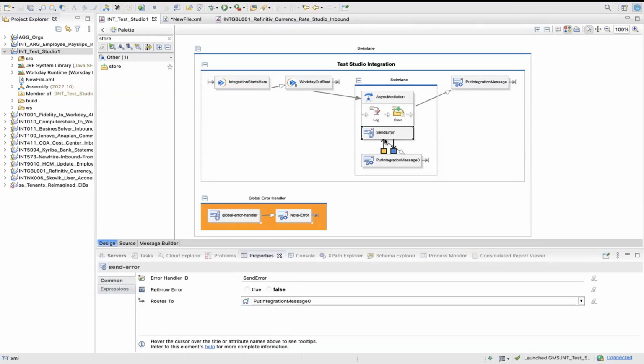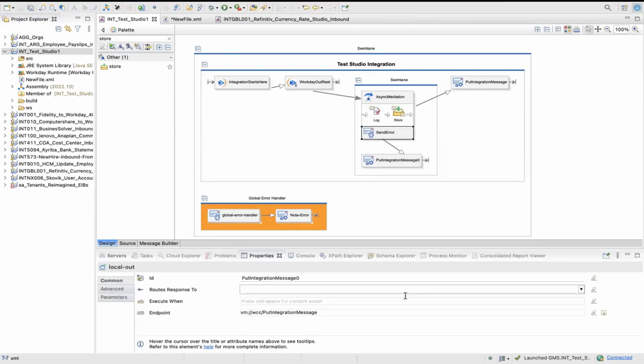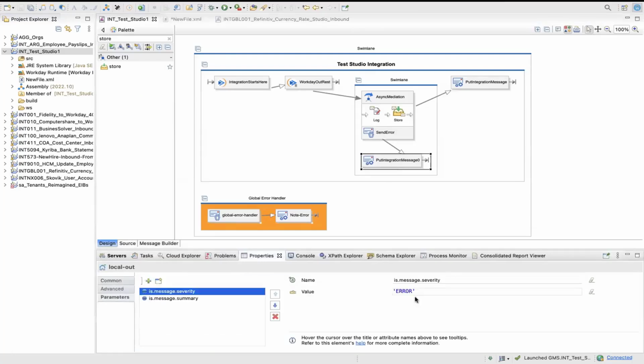Then whatever flow is there for send error, it goes to this part. You see here it says error, and summary is error in async mediation. The context error message gives the Workday delivered error message, so whatever error message was there will come up.